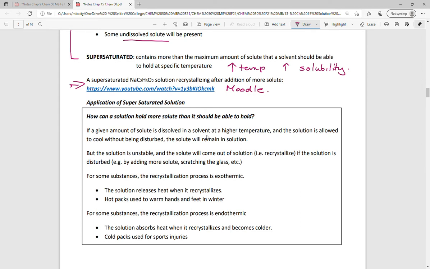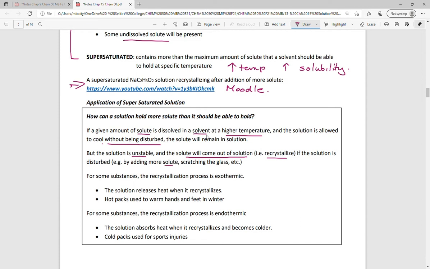And really, this is what we're saying. So how can you make a supersaturated solution? If you put some solute in a solvent at a higher temperature, you can get enough solute in the solvent that it is supersaturated. Now you have to cool it very carefully without disturbing it. As soon as you disturb it, if it's unstable, the solute's going to come out of solution, so it's going to recrystallize. If the solution is disturbed, either by clicking a little button or adding more solute or somehow hitting,